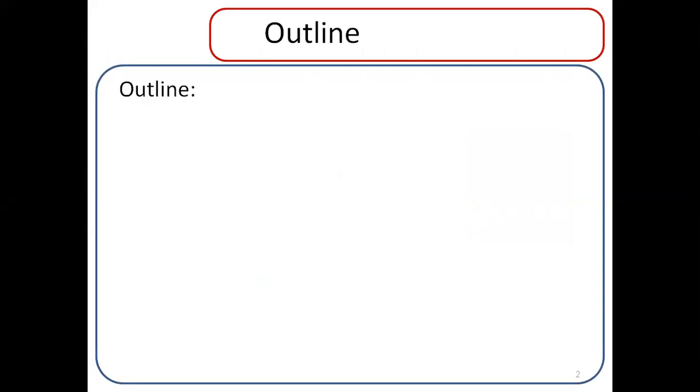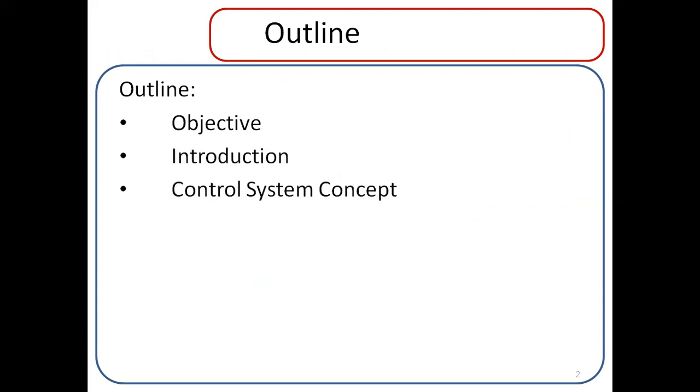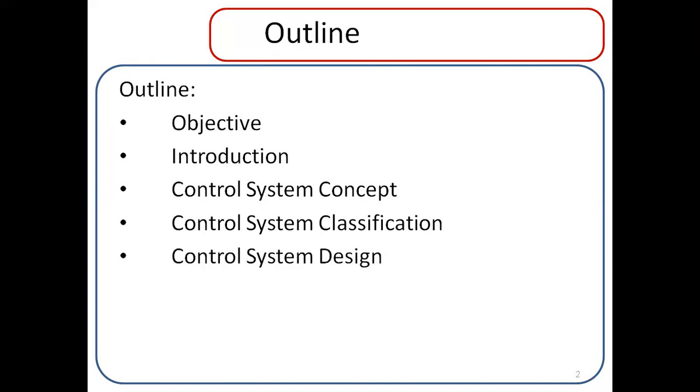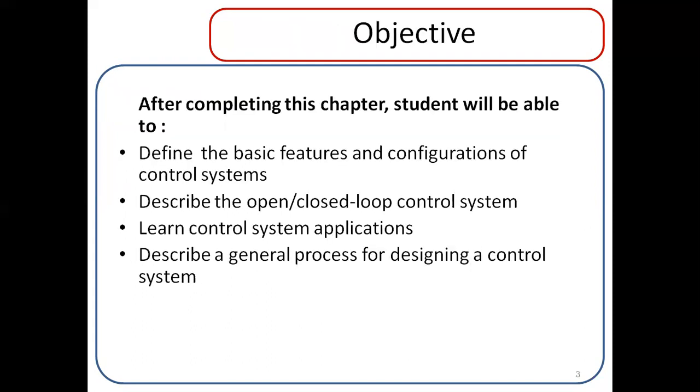Initially, looking at the outline: what is the major objective of the mechatronic system and the importance of these control systems? There is the basic objective and introduction related to it, control systems and their concept, control systems classification, and how many types they are subclassified into, and further subclassified, and what are the design parameters existing for different types of systems. So coming to the point of objective,